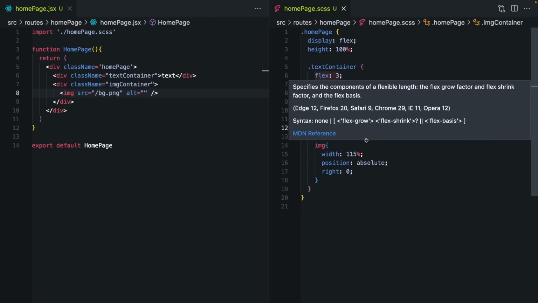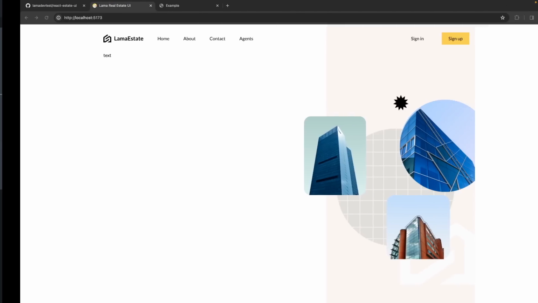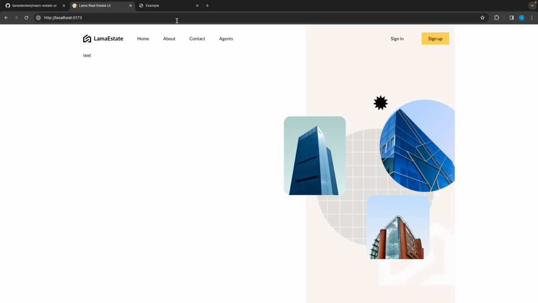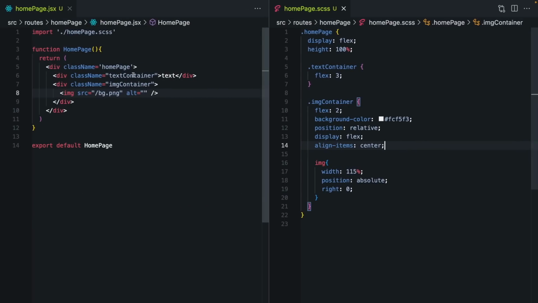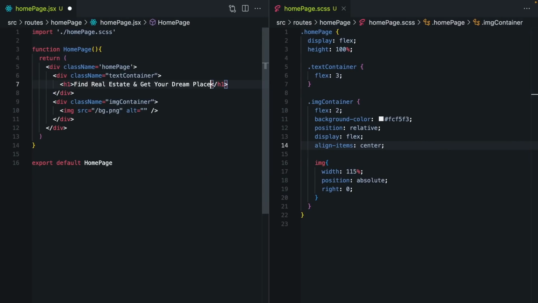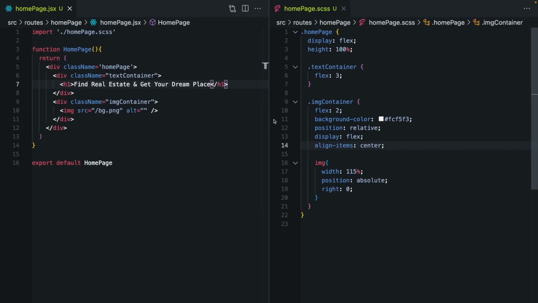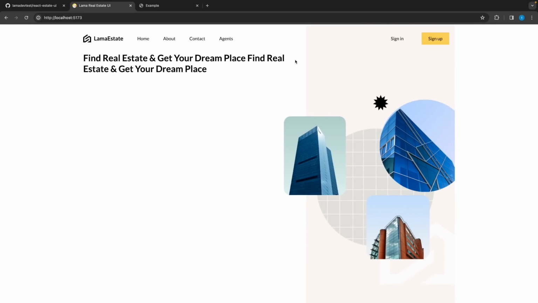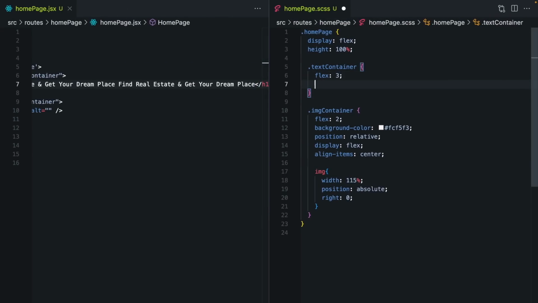By the way, I can center my image. Display flex, align item center. Okay, so what about the text container? Let's create this h1 tag. Actually, I'm gonna make this longer because I wanna show you something. As you can see, our text ends here. In this case, it's gonna be behind this image. To prevent this, we are gonna need here a padding. But if I give padding for the container directly,